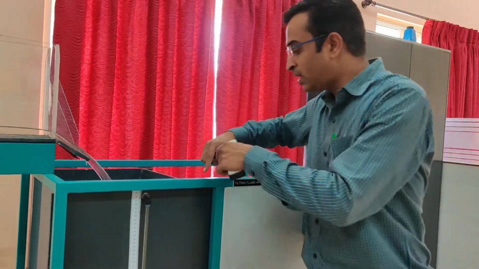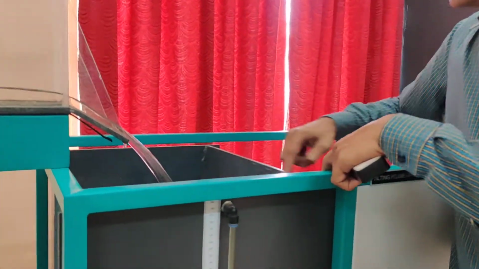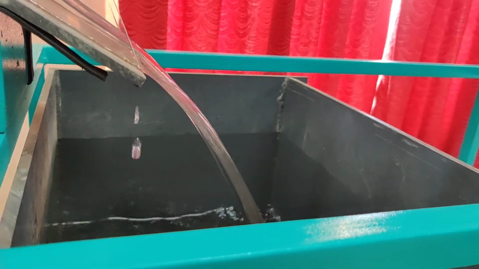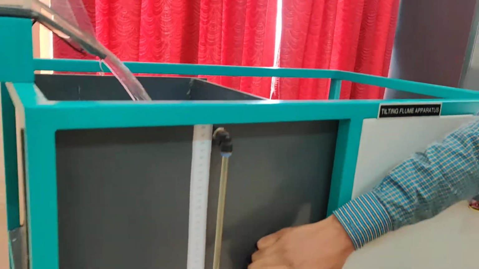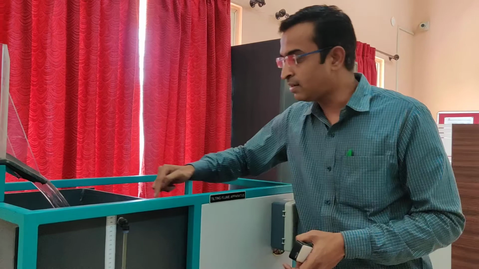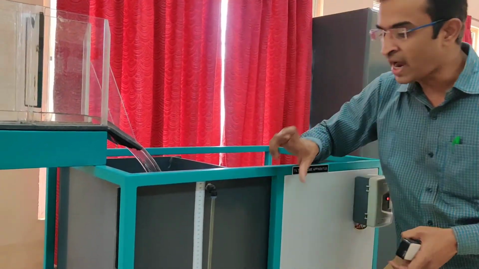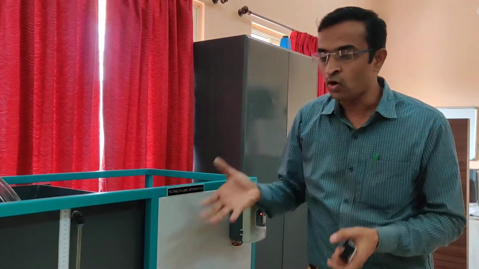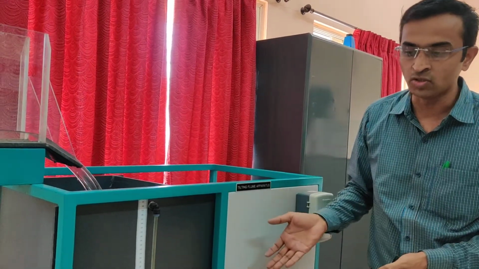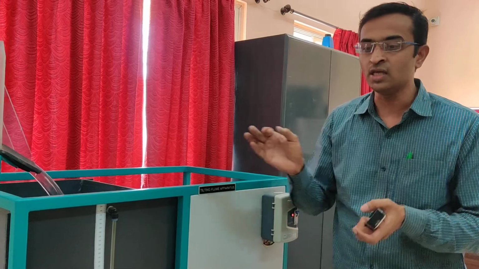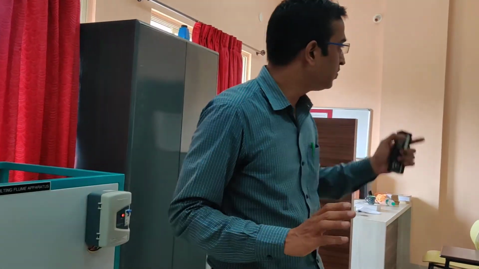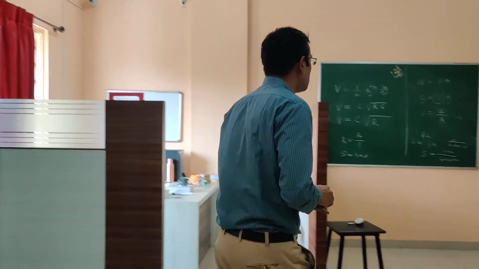Now we have the time to raise the water level from 40 to 140. We have the dimensions. This is the width and this is the breadth of this channel, and the height is 40 to 140. So we have three dimensions: the breadth, width, and the height. So we get the volume of this tank, and we have the timing also. So volume upon time is nothing but discharge.